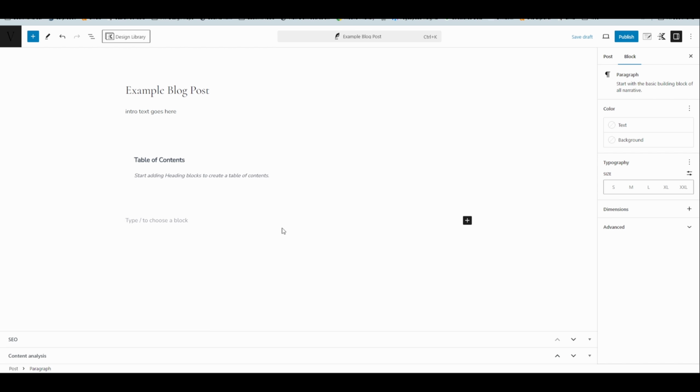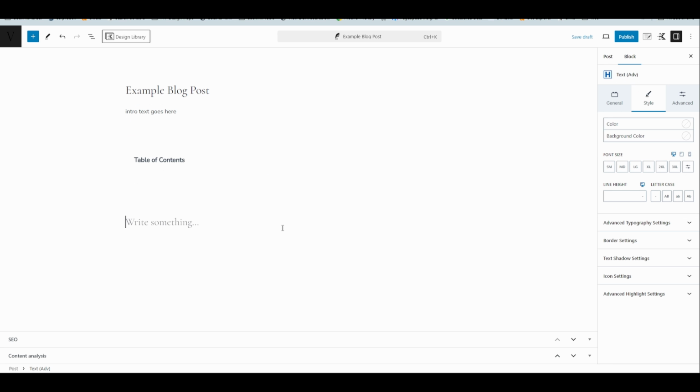We'll add a few headings just so we can see those pop up. So maybe for a typical blog post that's maybe just a single session, you might only have 1 or 2 headings. For a more informational blog post, those can have quite a few. For headings, I like to use the Kadence Advanced Text block. So we're going to say cool heading